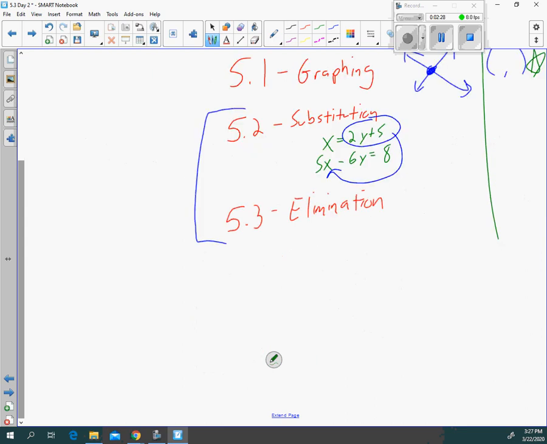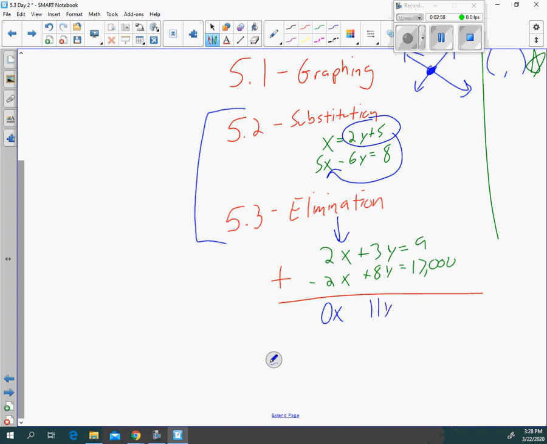We're going to look for 2x plus 3y equals 9. And we're going to look for a negative 2x plus 8y equals 17,000. Right? We look for opposites. Do you have opposites? And if you do, you just add those columns down. So I had opposites here. 2x minus 2x, 0x. Sweet. That's what we wanted, right? 3y plus 8y is 11y. And 9 plus 17,000 is, of course,